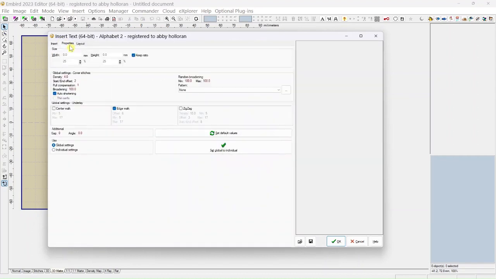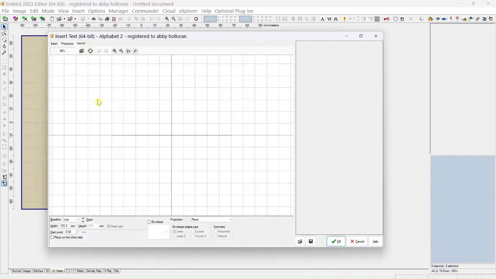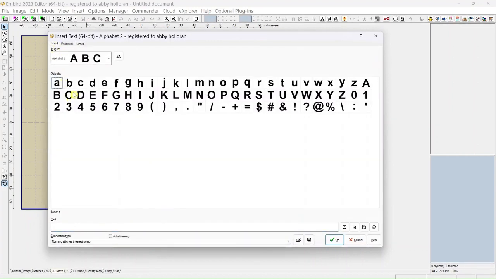This is the properties tab where you can adjust the size and make some other changes to maybe the underlay, or you can make adjustments to pull compensation or different things like that. And then in layout, since I don't have a text here, you can adjust the spacing of your letters. So I'm going to demonstrate with this ABC font, but before I do that,